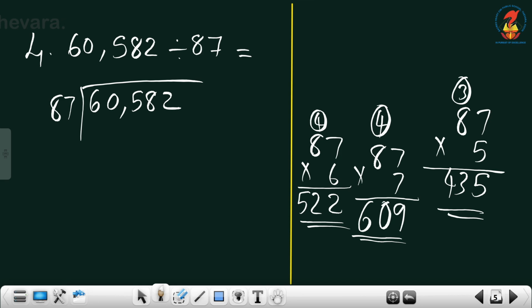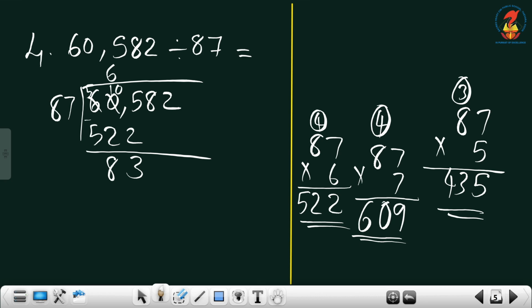Which number do I want to take? Tell me. That is 522 only, less than this. 435 is also less than this, but that is 2 less only, right? That's why we need to take just the number below. That's why I need to take 87 into 6, which is 522. Again subtract, that is 3. 0 is less than 2, so I need to borrow 1 from here. It should become 10. Okay, 83 is the remainder.